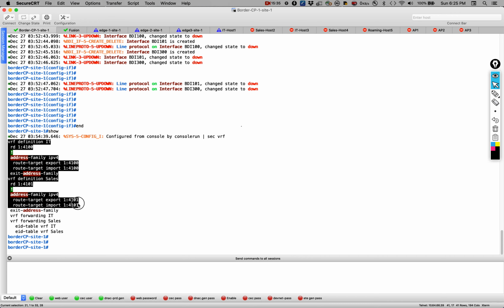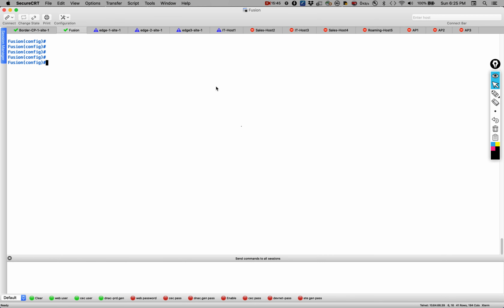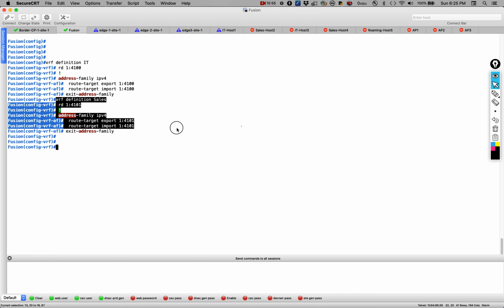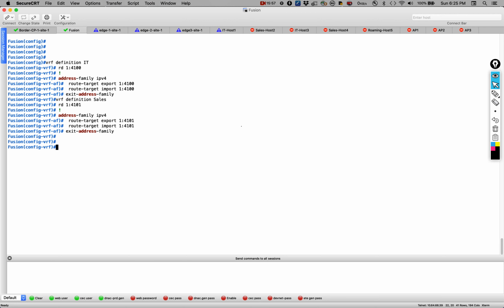So that's good till here. Okay, looks fine, I guess. Anything else? I think that's it. Yeah, so we're going to put the same VRF configuration on the Fusion side as well. My notes seem to have some different VRF names, so I just don't want to put in the wrong things. Okay, so there you go. So we've got the VRFs all settled in, which means now we are good to go and configure this